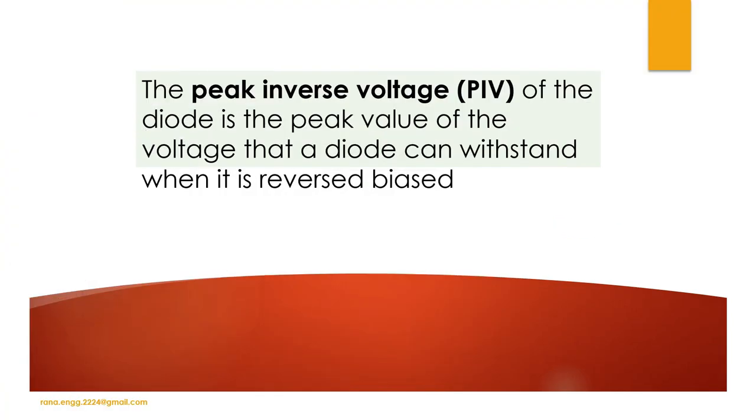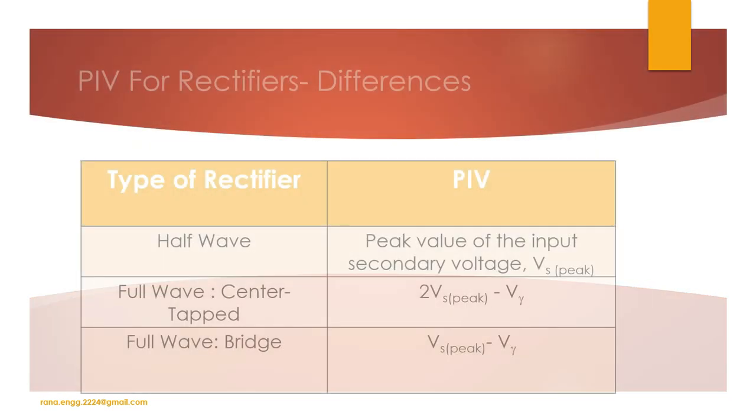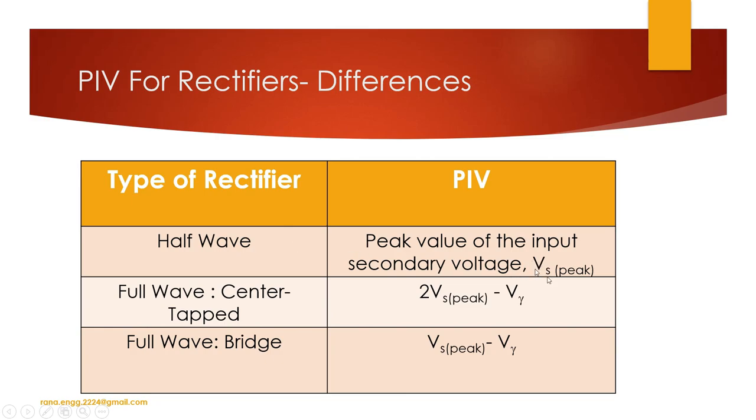Now let us see the comparison between different types of rectifiers. We have seen three types of rectifier. One is the half wave rectifier, and in full wave rectifier we have seen two types: center tap and bridge. The first difference we'll discuss is peak inverse voltage. Peak inverse voltage of the diode is the peak value of voltage that the diode can withstand in reverse bias condition. For half wave, it is Vs or Vmax or Vm, the maximum value of voltage.